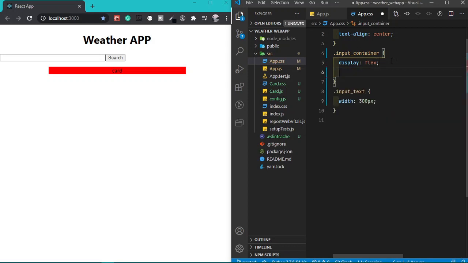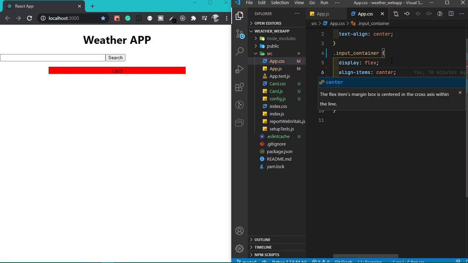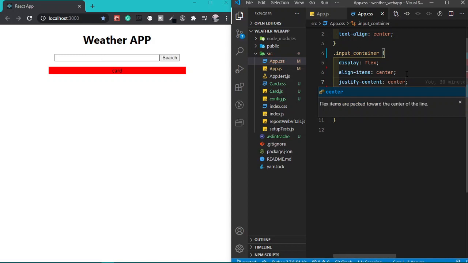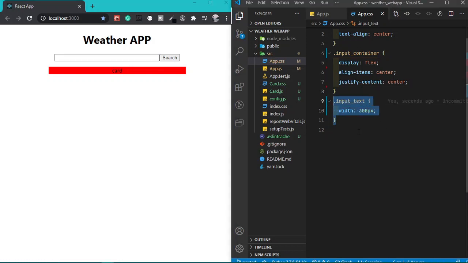Yes, so then we can say align-items center, justify-content center. Okay, so this is center, and I want justify-content center, so we can get this, and I need a button now, so I will say button is equal to